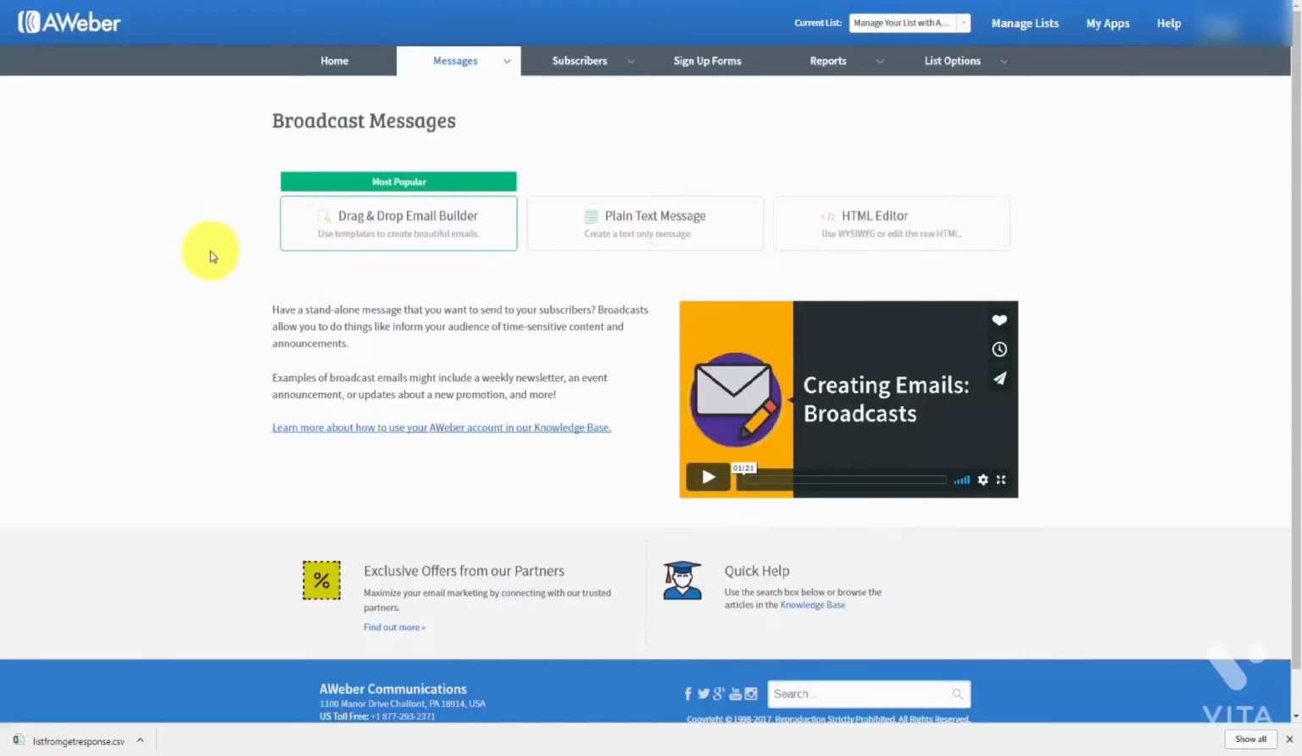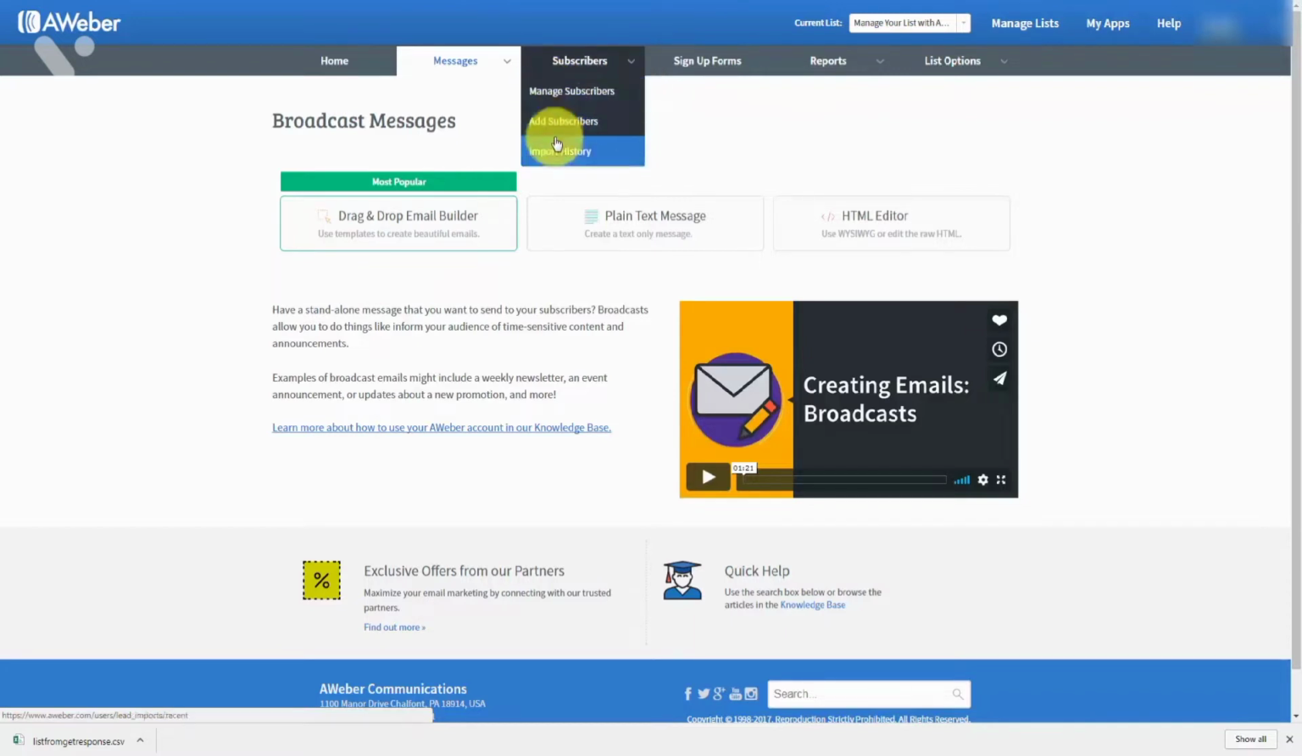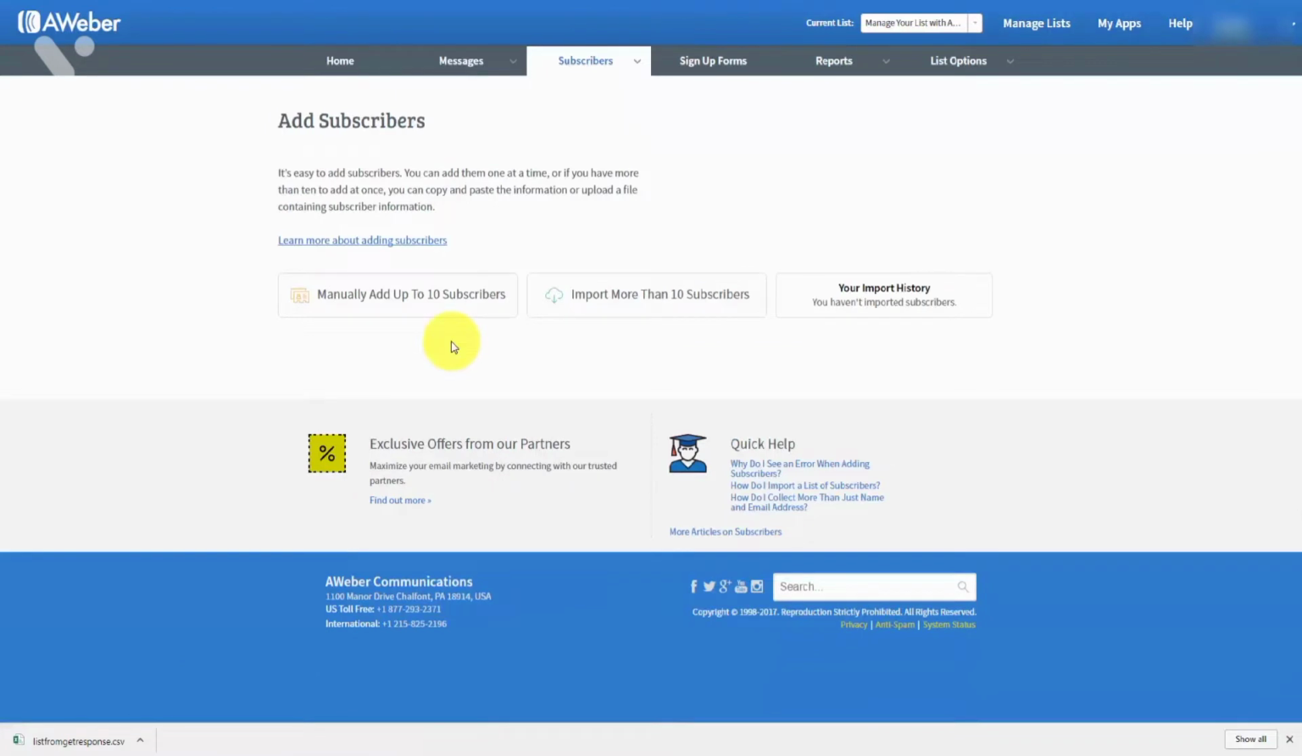What we're going to do is import that list in the CSV file into the list that we have just created inside of Aweber. We can do that by going to the subscriber area, and then we're going to click add subscribers. We're going to take a look at this button that says import more than 10 subscribers. We're then going to click this button and then grab the file that we